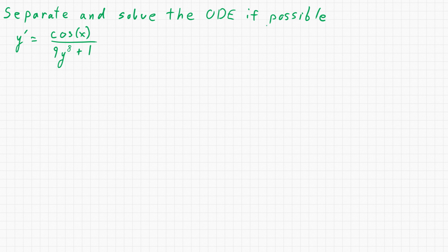Separate and solve the ODE if possible. So this one's a little bit different from the others, and this can happen fairly often in the more complex separation of variable problems, separable equation problems. And so, all right, first thing, this looks very separable, right? I'm going to multiply by the bottom, cosine x is on top, rewriting y prime as dy dx again,